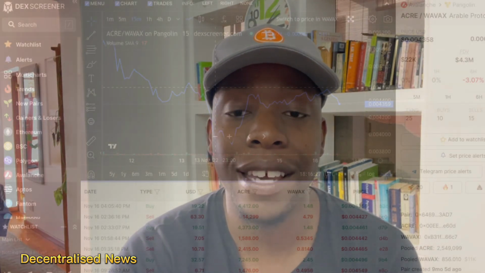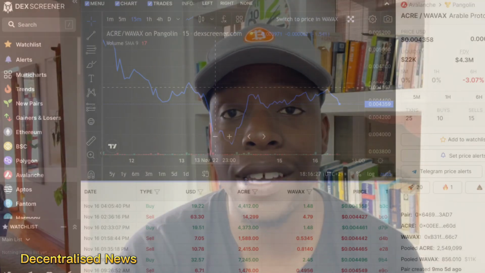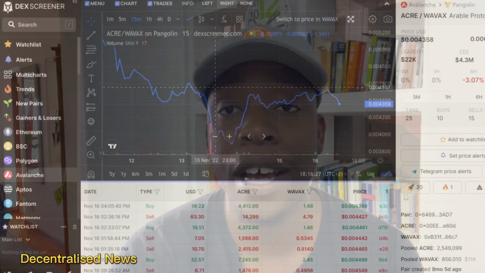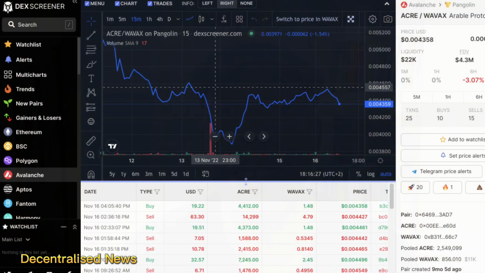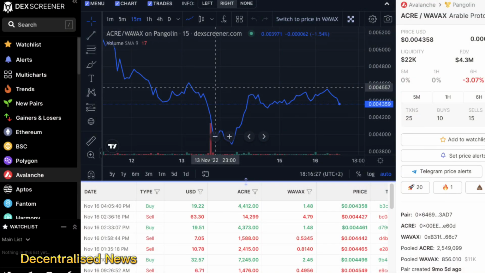Let's dive into what makes Arable a unique protocol. It offers users synthetic versions of cryptocurrencies and synthetic farming, which makes it quite unique in DeFi, since any synths that users purchase on the DEX can also be farmed on the protocol.